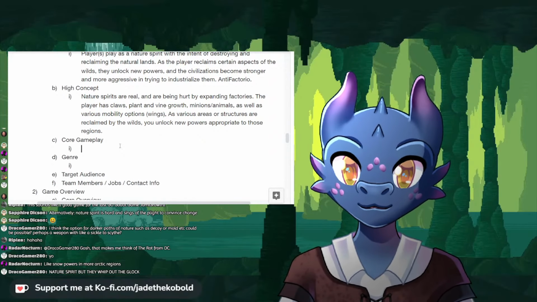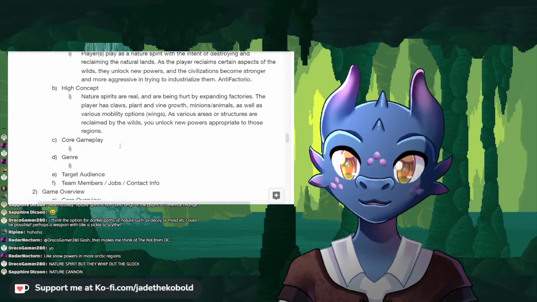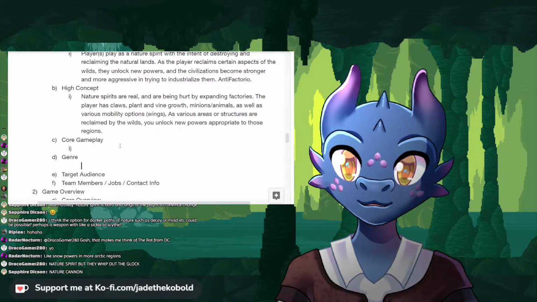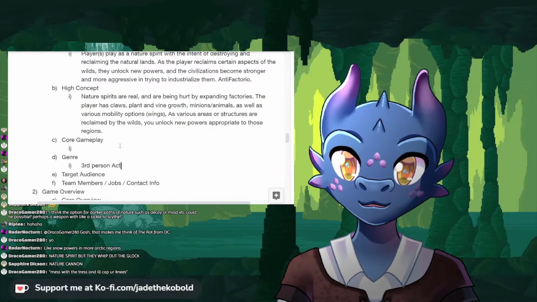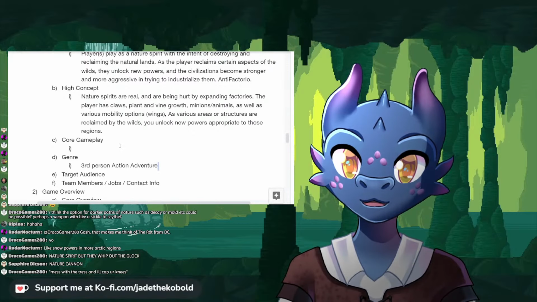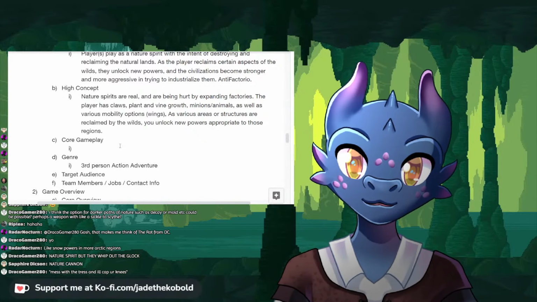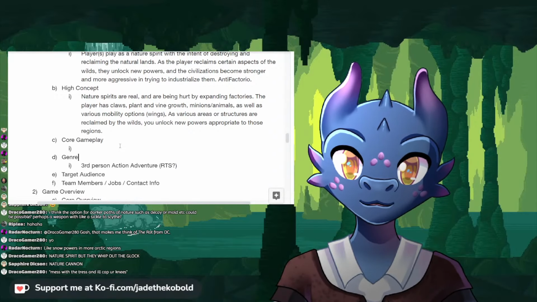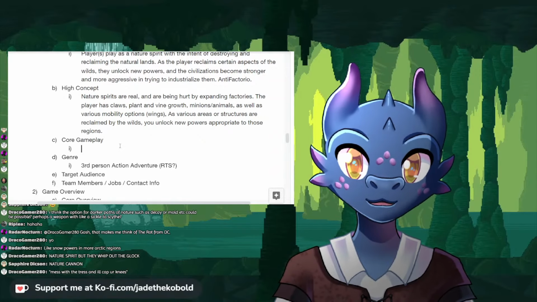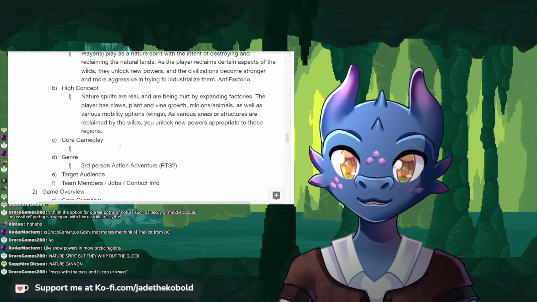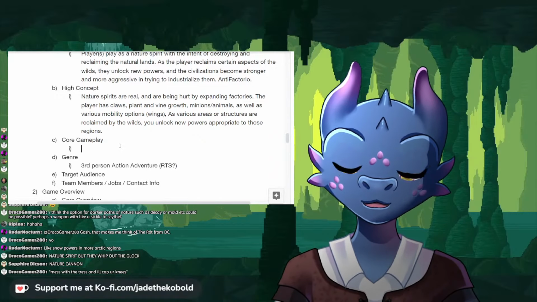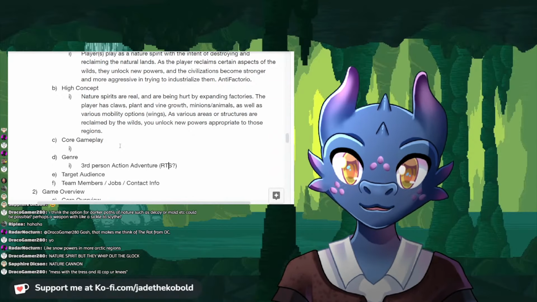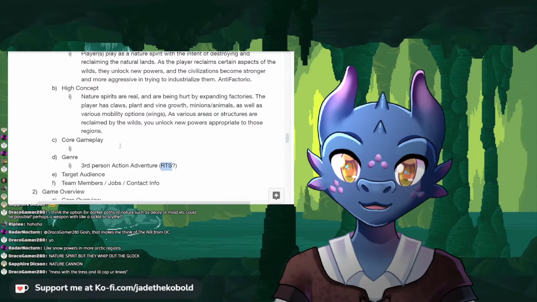So what's the core gameplay? What is the basic gameplay that we're looking for? In genre, we're looking at a third-person action adventure mostly right now, from the sounds of it. Though obviously, this could also still work as RTS. But a lot of the elements we have sound like they would work well in the third-person action category. Doesn't have to be, though. Actually, it wouldn't be RTS exactly. It would be